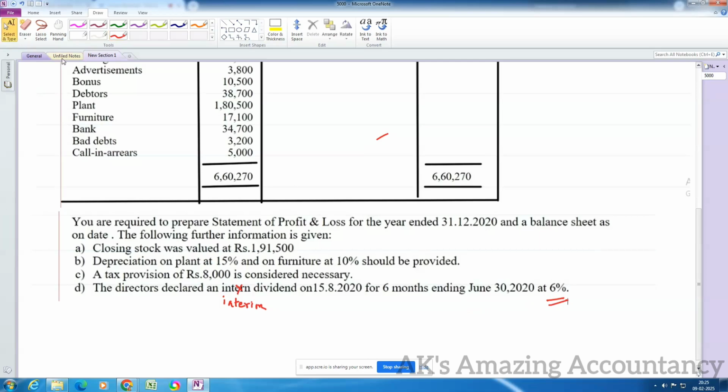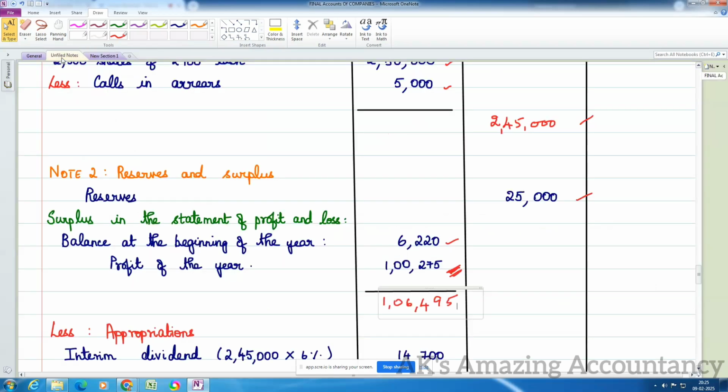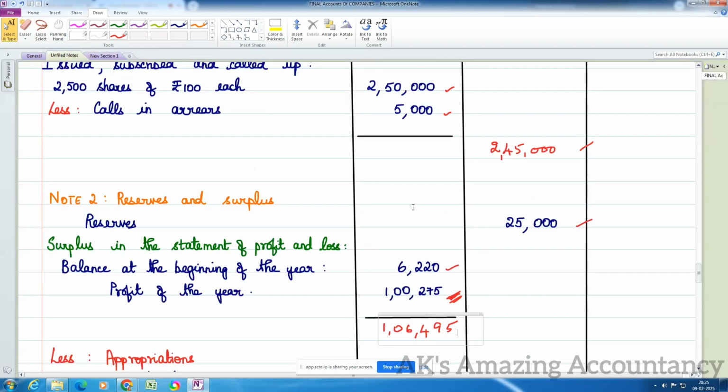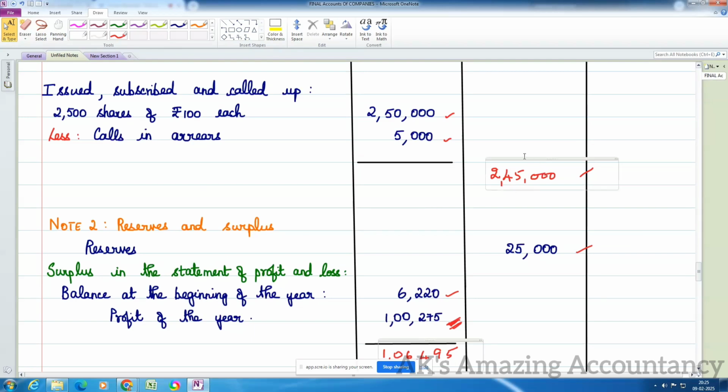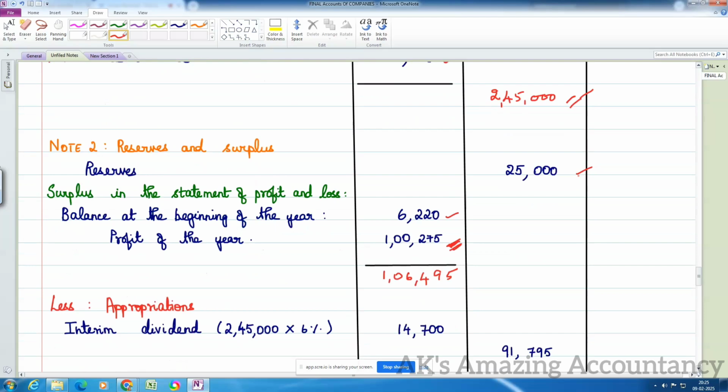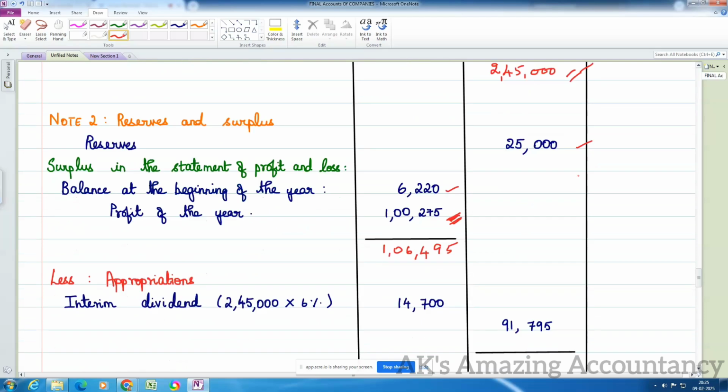That is what is called interim dividend. So we have to calculate this 6% interim dividend, and that has to be calculated on the share capital which is available after deducting calls and arrears. So what is the amount available after deducting calls and arrears? It is 2,45,000. So on this 2,45,000, we have to calculate an interim dividend of 6%. So 2,45,000 into 6 by 100 will give us